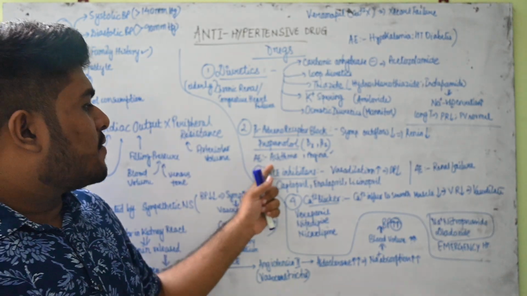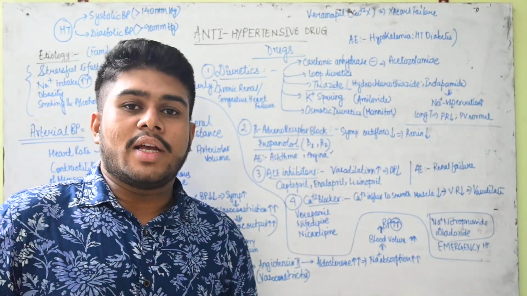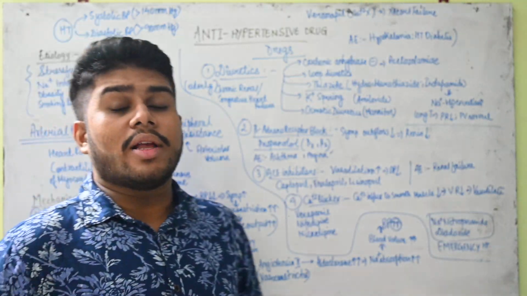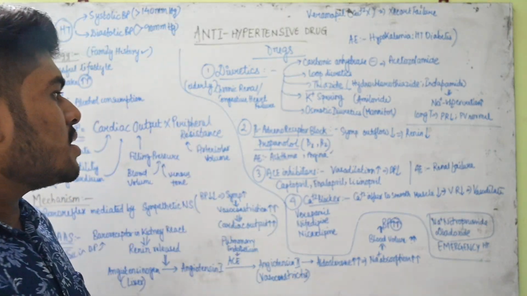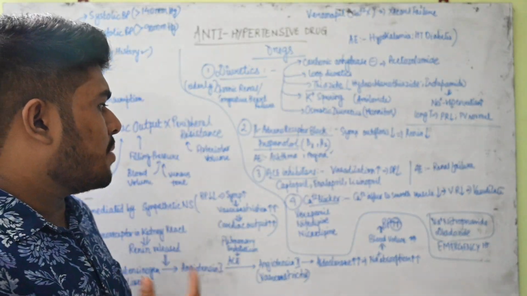Then you see the adverse effects, or the side effects. If the person has asthma or any sort of angina, like unstable angina or angina pectoris, then in those cases you cannot give the person these beta adrenoreceptor blockers.